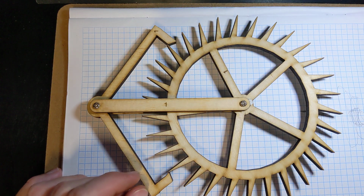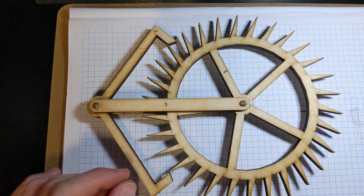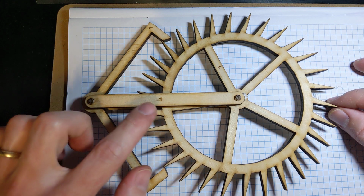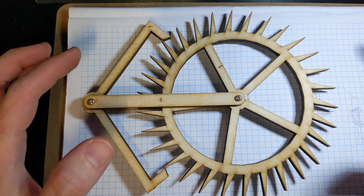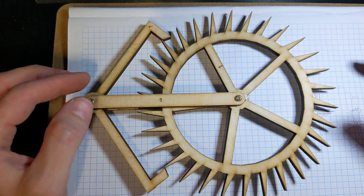So here's another project I'm working on. I want to make a laser cut mechanical clock. So I've got here the first rev. I've started putting numbers on every part of a set that I laser cut, so I can track what goes with what, because for the laser cut crossbow project it all started getting a bit skew-iff halfway